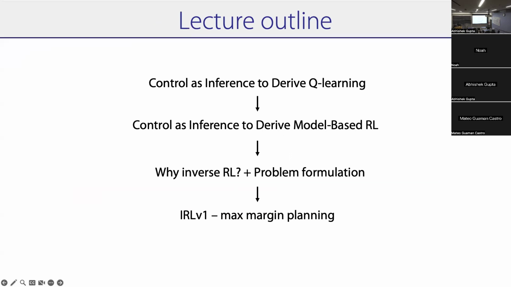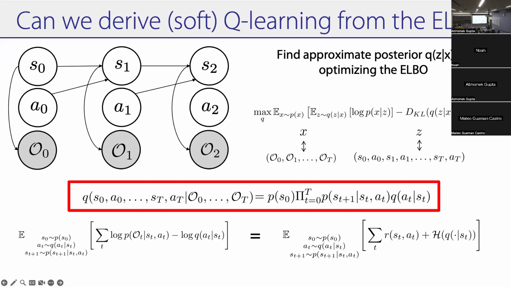Okay, let's get started with Q learning, right? So we took this ELBO and we said that the evidence lower bound, that objective, with this choice of Q, gives you this maximum entropy RL objective. And we said if we solve it with gradient descent, you get policy gradient. Now, what we're going to try and do is solve it with dynamic programming. And if we solve it with dynamic programming, we're going to get soft Q learning. We're just going to take the same objective, maximizing that thing, and show that solving with dynamic programming will give you a different algorithm.